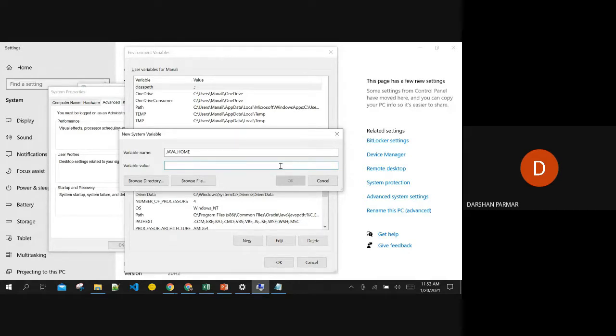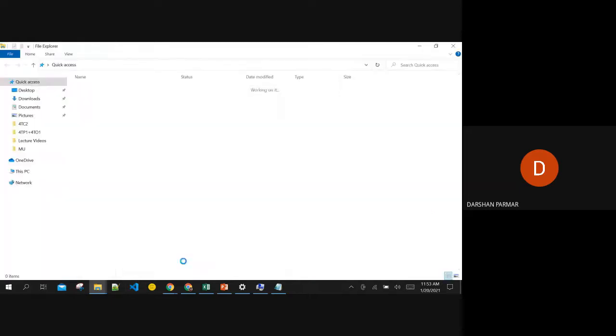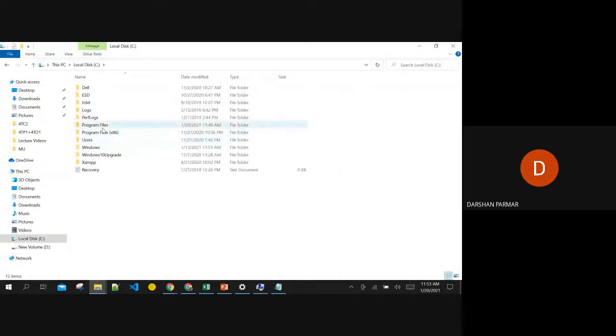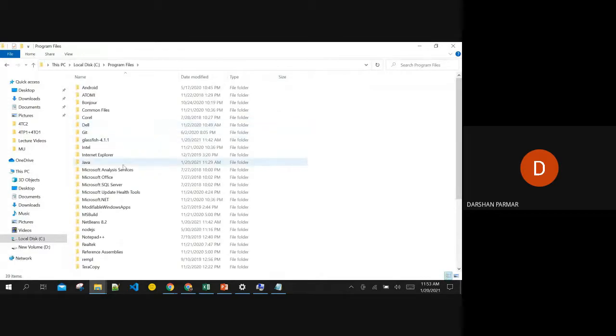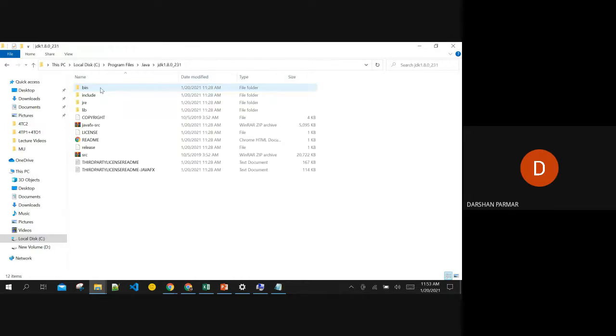Now, to see the path of your JDK, we go to My Computer, to C drive, to program files, to Java. We double click JDK, and the path in the URL of your file explorer will become the path of your JDK.